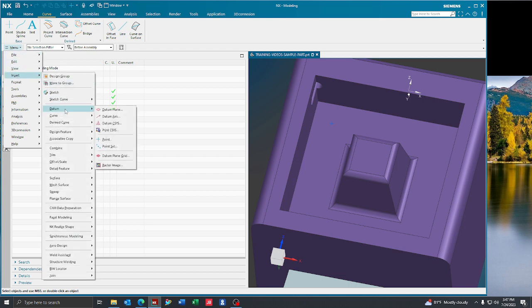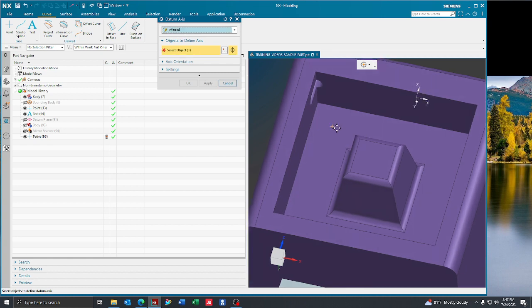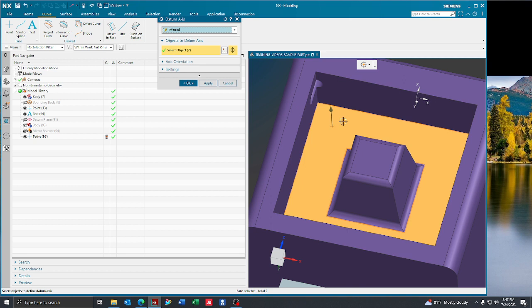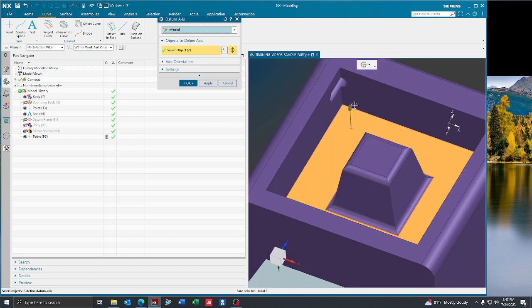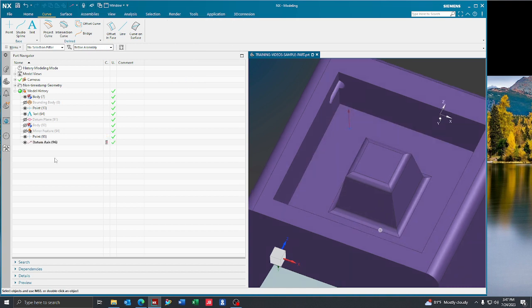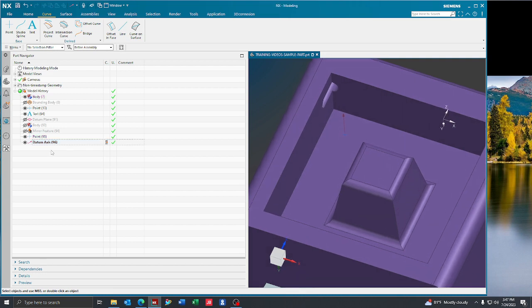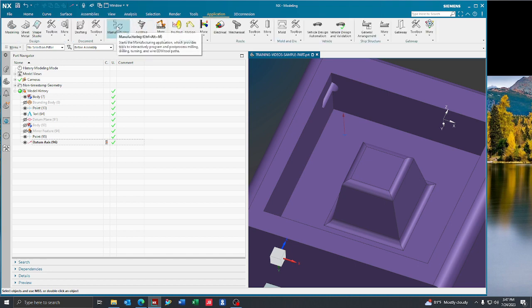Now if I go to Menu, Insert, Datum, Datum Axis, this is only accessible in the modeling function. I can click Inferred, click this point, and then click the face, and it's going to give me a datum axis on that point, or a vector. I can then say OK, and once again it will build that in my modeling tree. Now that I have a point and a datum axis, I basically have a location to drill and an axis to drill on. I can go back to Application, Manufacturing,